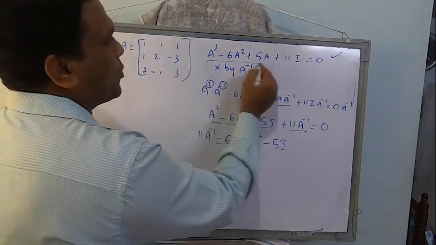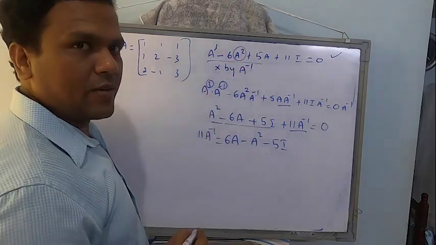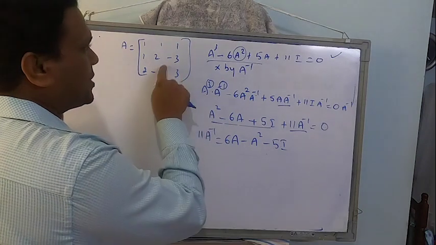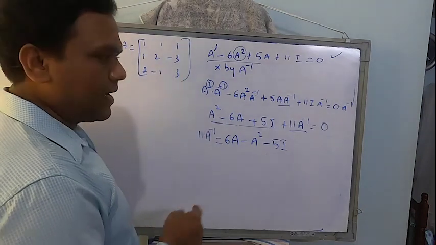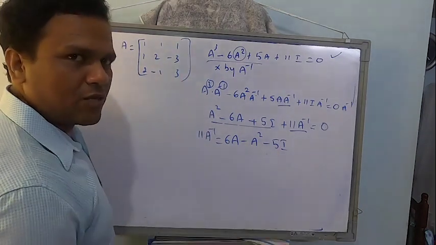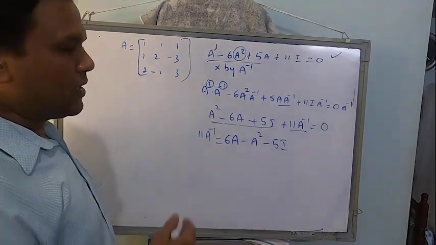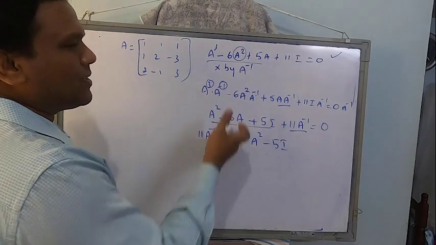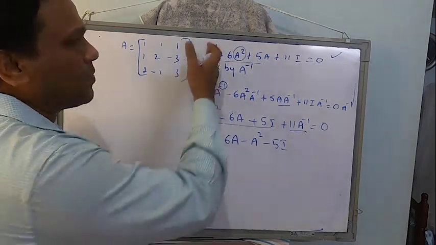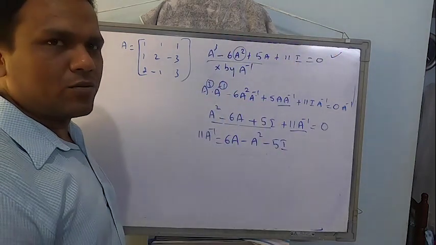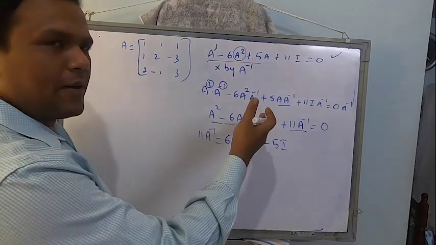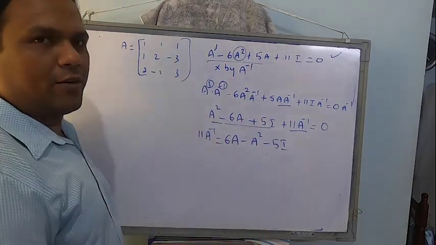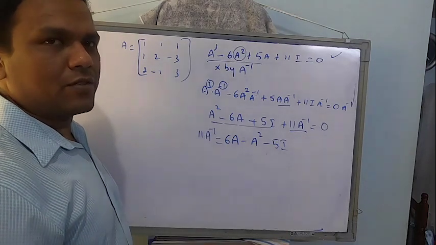See, when proving this condition you will first find the value of A square, right? So you will get the value of A square from there. 6A means multiply each element of this by A, and 5I, we know it's an identity matrix of order 3 cross 3. You have done enough problems of proving this in the matrix also, correct? Prove this, multiply by A inverse, construct this formula, find the value of this, and from that you find out A inverse, not by the formula of A inverse.